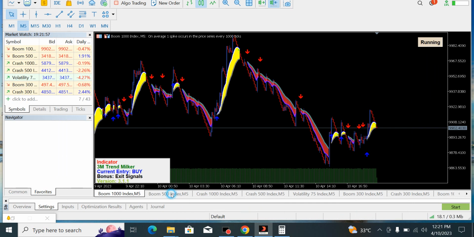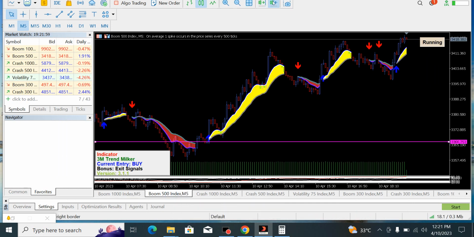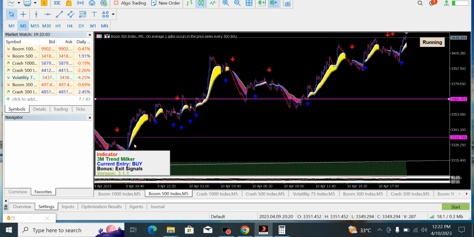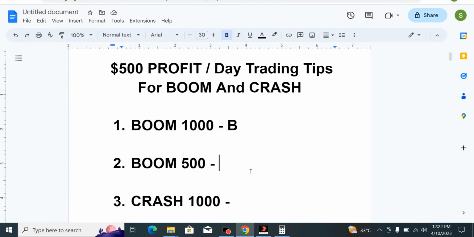The next asset is going to be Boom 500. Let's check it out right away. Okay guys, this is Boom 500, just where we have seen it. This had been on uptrend for a very long time right from here, and it has got into this resistance zone. If it's unable to break out above this resistance zone, then definitely it's going to sell. But if it breaks out above it, then it should be going to the next resistance zone. So this is still buying at the moment. It might not be for a very long time before it will go back into a sell trend. So that is very, very important.